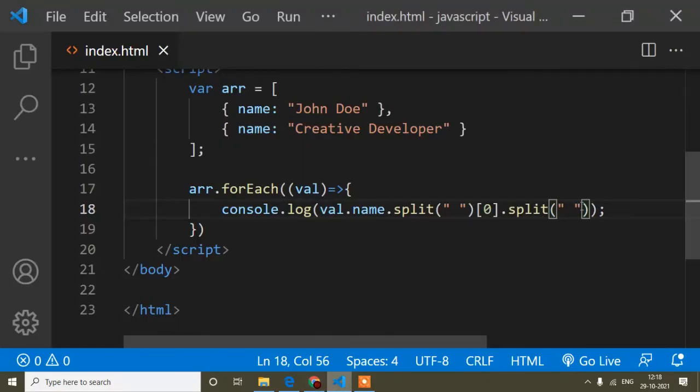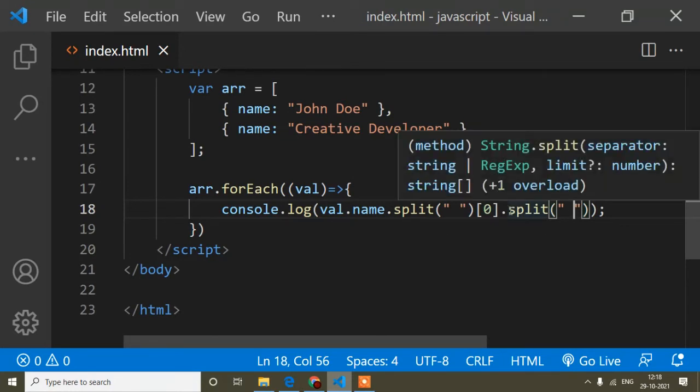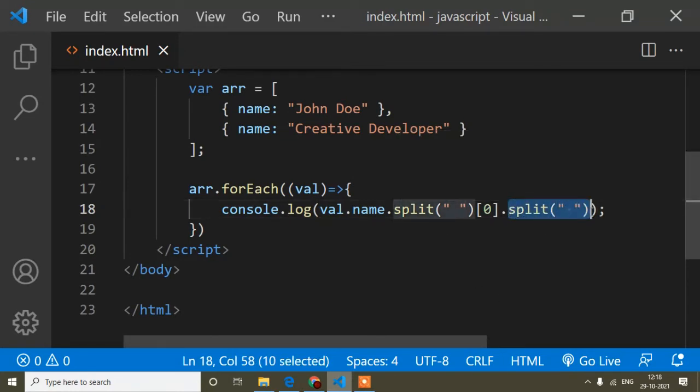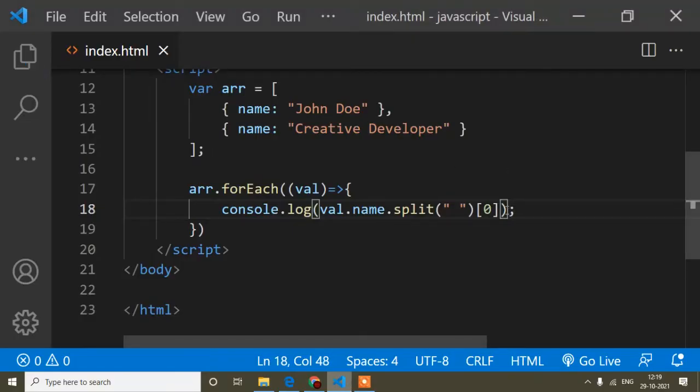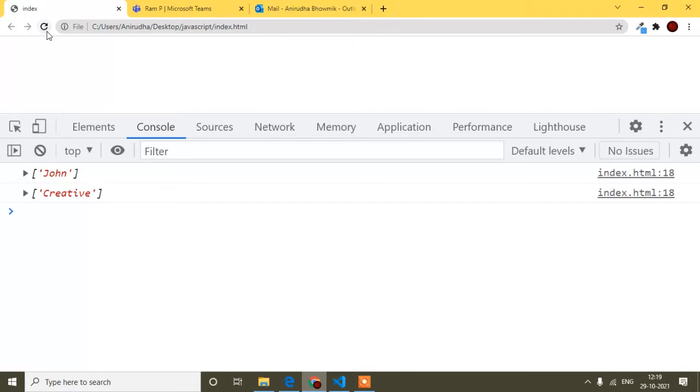Just a minute, here I cannot add space because... so here how the split method works, you have to understand this also. So first of all I will remove this one and let's understand this carefully. Then after that if you get any question, you can solve it by yourself also. So I will remove this one. Okay, now check it here, this one is the string. This string I have to make into an array.